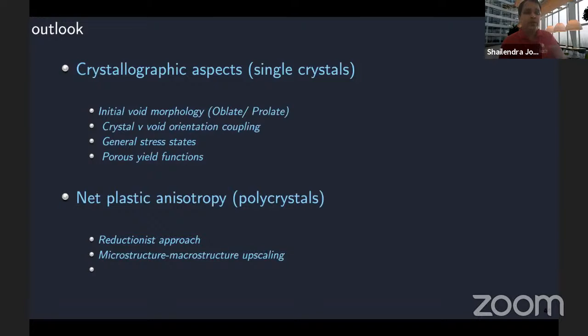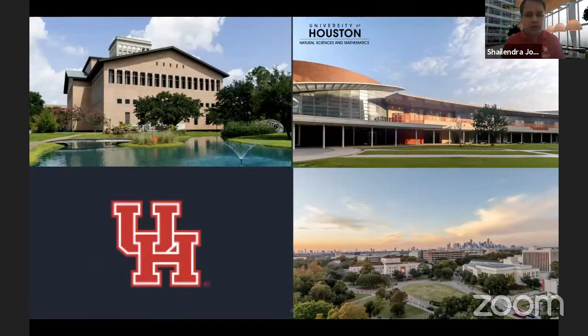But at the same time, we are also taking a parallel approach, which is more of a reductionist approach, to say that, well, ultimately for these materials to be implemented in practice, we need to have theories and constitutive models that are more reduced order models that can incorporate some of the features that we observe at the single crystal scale or at the crystallographic scale, and still be able to model failure and damage processes with reasonably good accuracy.